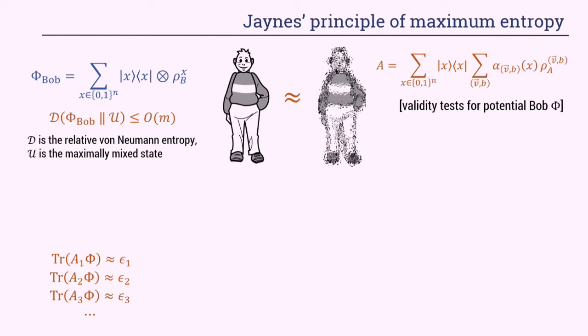So there's a bunch of measurements she's doing of Bob's state that have to have certain values, and the measurements are all of this form. And now what you can say is, if I only care about these measurements, I don't care about the specifics of Bob and how he's implemented. I just care about having the same input-output behavior. And if my goal is really to get some Bob that's particularly simple, because I want to be able to simulate this arbitrary Bob by some Bob that does something as simple as possible, then there's this principle of maximum